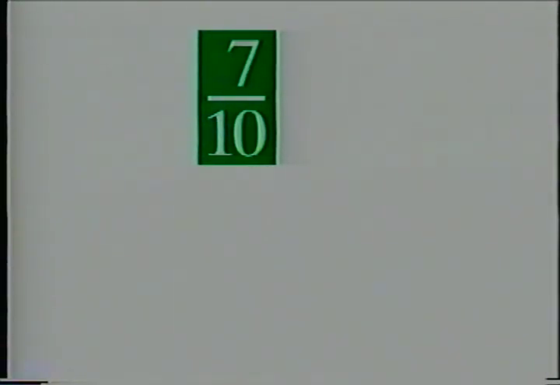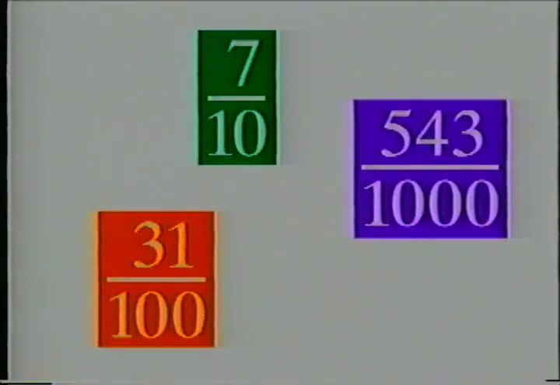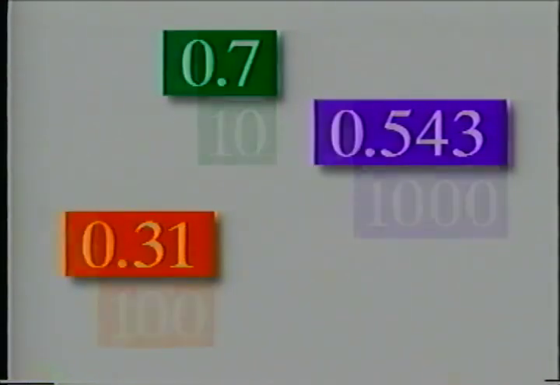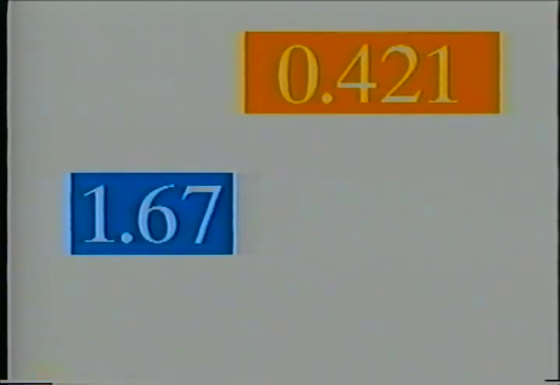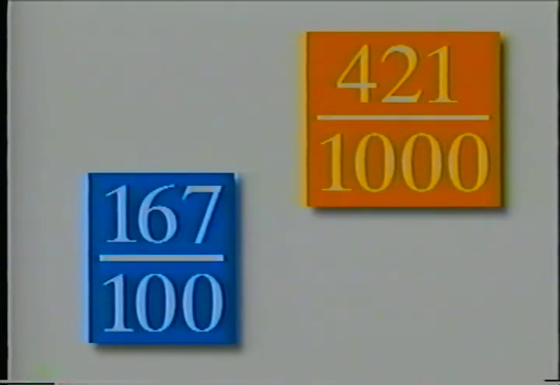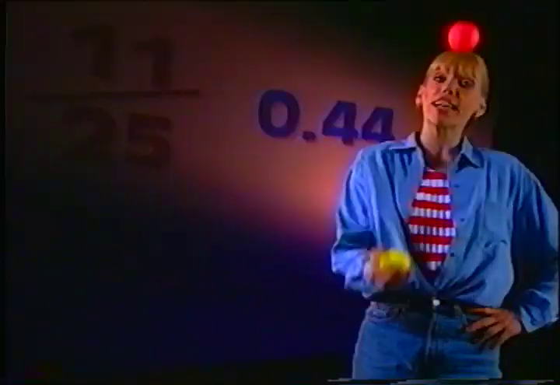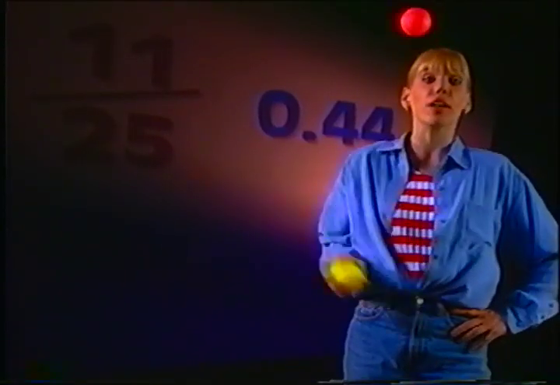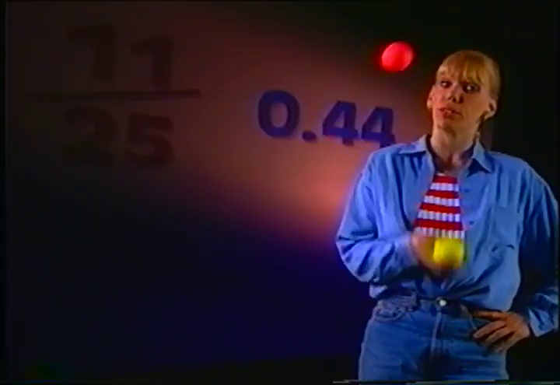When the denominator of a fraction is a multiple of 10, that's called a decimal fraction. And with decimal fractions, we can take the denominator away and just let the decimal point tell us the value of the number. In a decimal number, the digits to the right of the decimal point are fractions less than 1. In other words, these digits represent parts of a whole. Same as fractions. In fact, you could rewrite any decimal as a fraction whose denominator is a multiple of 10. In other words, all decimals represent ratios. Fractions and decimals. Both represent parts of a whole. Both represent ratios. And with a few simple procedures, you can convert back and forth between them.